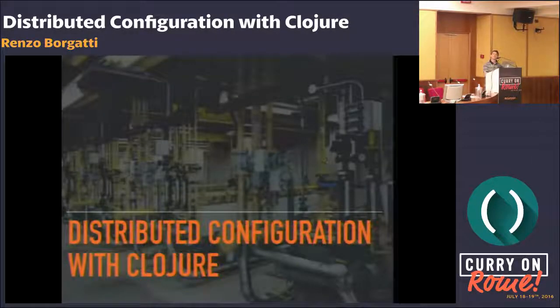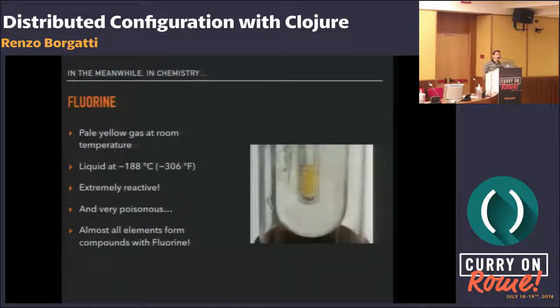Distributed configuration with Clojure. But before that, in the meanwhile, in chemistry, fluorine is a pale yellow gas at room temperature. It can be liquefied if you cool it hard enough, down to minus 188 degrees Celsius. It's extremely reactive. That's a very interesting element in the table of elements. Of course, it's very poisonous. And maybe the interesting fact for the talk